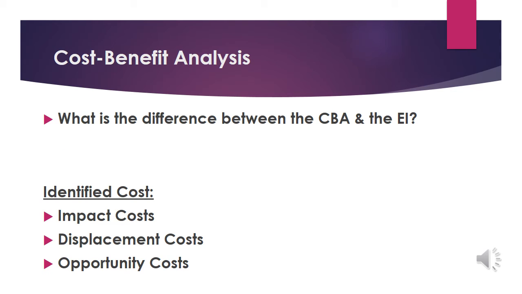So what's the difference between a cost-benefit analysis and an economic impact study? Recall that an economic impact is the net economic change in a host community resulting from spending attributed to the sport facility or event. Conversely, a cost-benefit analysis is specifically designed to identify the return on investment made in sport facilities. Economic impact is more of an esoteric figure, whereas the cost-benefit analysis weighs the actual cost versus the actual